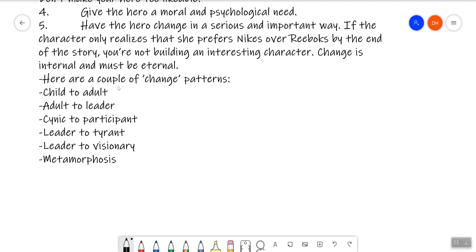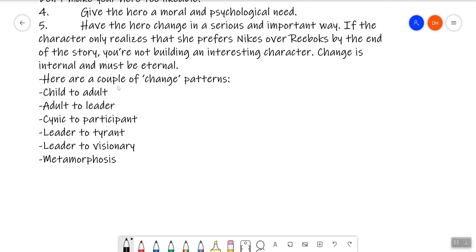Something more than just a leader. And in his case, basically the figurehead of the civil rights movement in America. So it's not just that he was a leader, which he was clearly, but he was also a visionary. Okay, so that's what the leader to visionary more or less means.